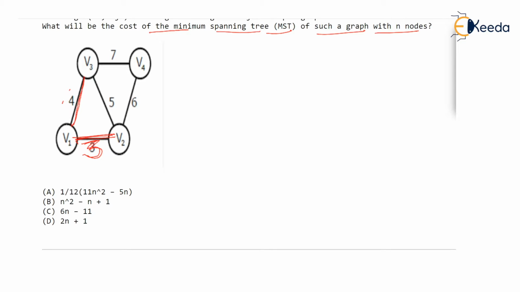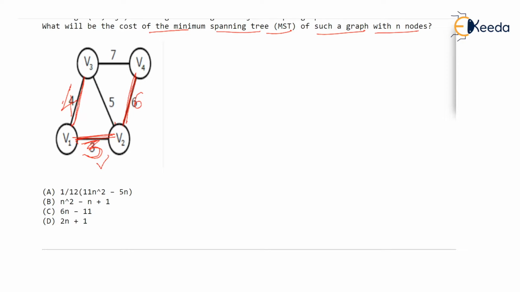Now the next minimum is this 5, just observe. But we can't take this edge. We cannot take this because this will cause a cycle. So although 5 is minimum, we can't take it yet. We have to throw away this edge. So the next minimum is the 6. And this is not going to cause a cycle. So how many edges have you added? 1, 2, and 3. And there are 4 vertices.